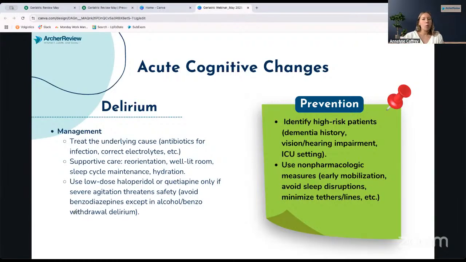The thing we're going to want to do is avoid additional medications, because we know that medications can cause delirium. We really want to try to keep them off medications that can worsen delirium, like benzodiazepines, for example. If you have to have a medication because they're really agitated and it's a safety threat to themselves or other people around them, that's when you use low dose haloperidol or other antipsychotics, because we have no other option. In a lot of cases, that can worsen the delirium. So we try to avoid it and use that as a last resort.